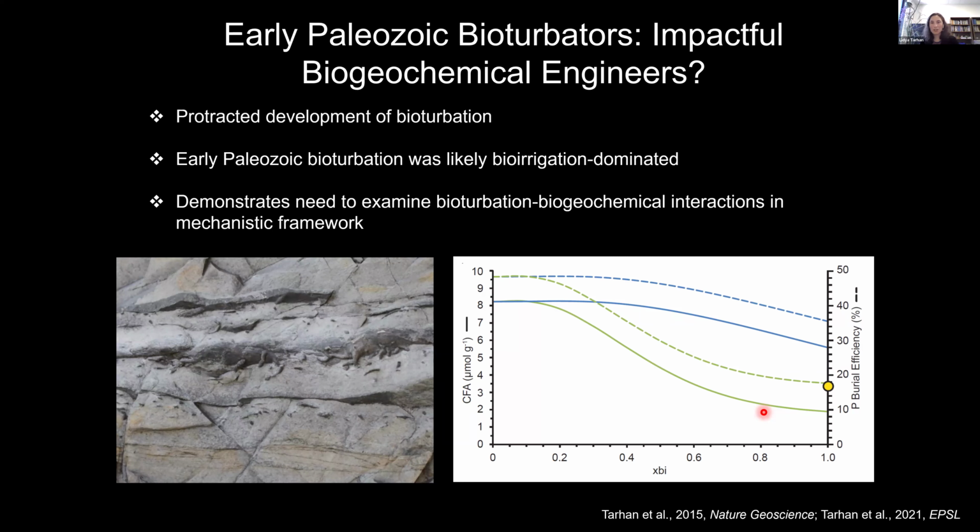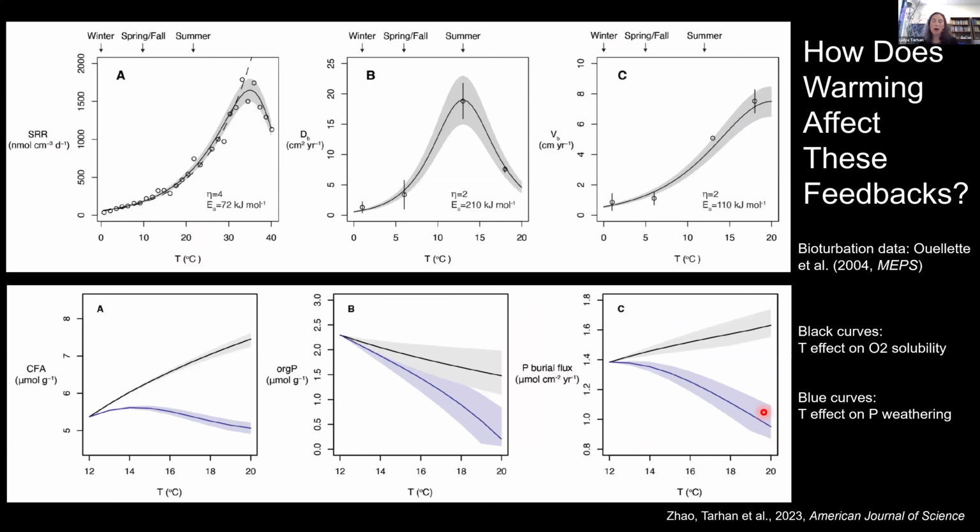And then, just very briefly for the last couple minutes, I wanted to share some of the recent work that my group has been embarking on over the last year or so. And some of that has entailed thinking about how these sorts of feedbacks, for instance, feedbacks between phosphorus cycling and bioturbation, may have shifted during different climate states, and in particular, how they would have been affected by warming, whether past hyperthermal episodes or current and future projected warming associated with anthropogenic emissions.